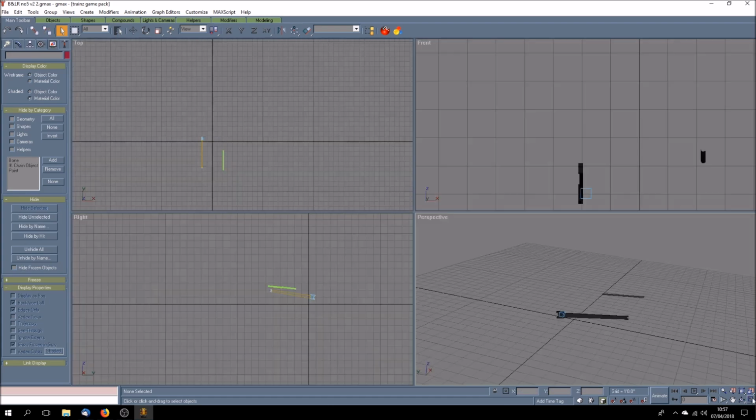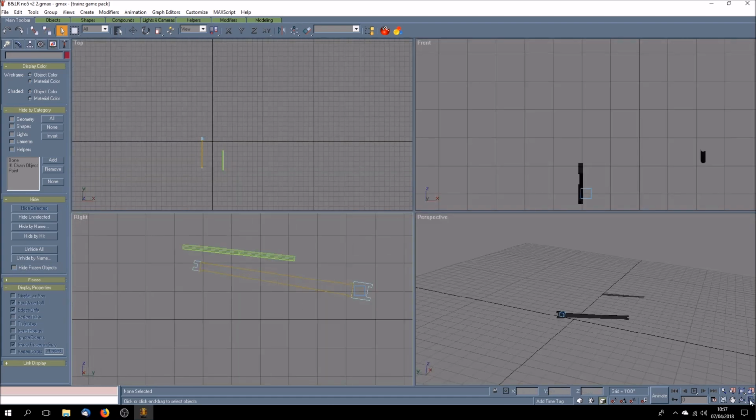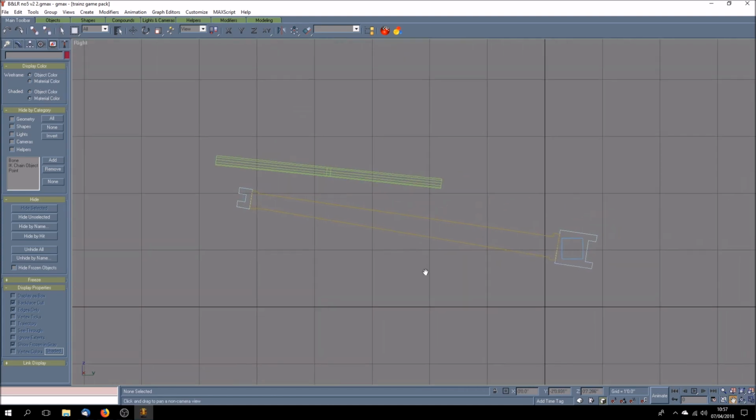And now if I go into my right view here, what I can see is the dummy controlling this connecting rod. So if I play the animation, it's flying about all over the place. So now what I'm going to do is to bring it back so that top corner is constantly touching the edge of the